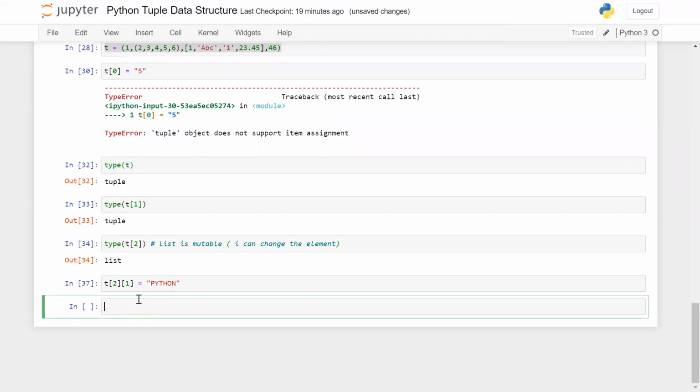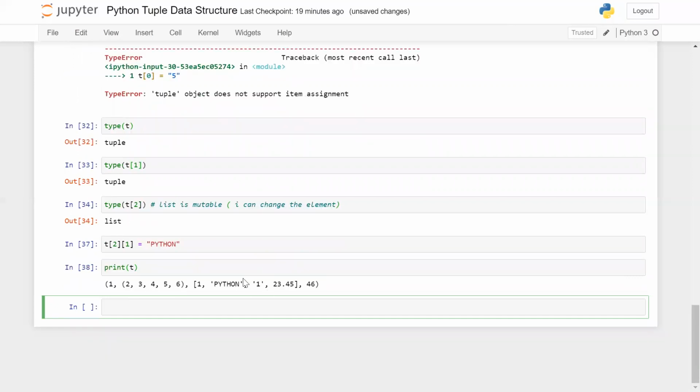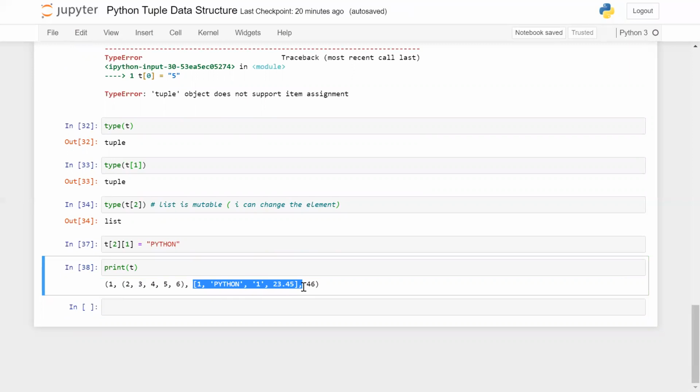If I print my tuple after changing the value in the mutable data structure, which is the list inside the tuple, you can see that we have changed the element within a tuple, but the element should be a mutable data structure. These things you need to remember. But if you directly change a tuple element, it is not possible, because tuple object does not support item assignment.